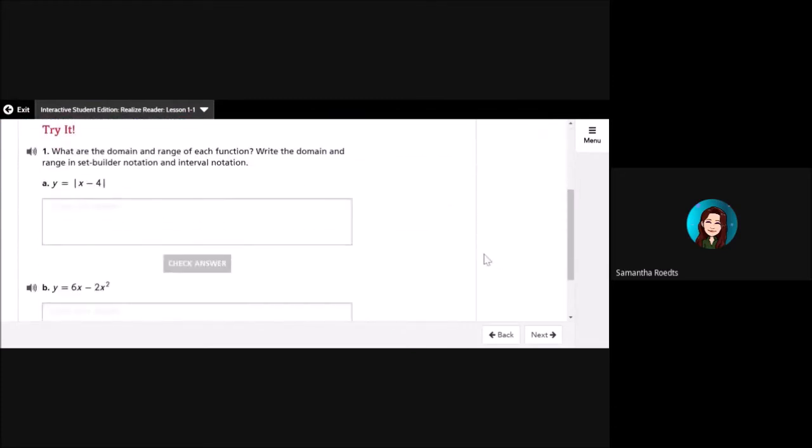All right, so let's try it out. What are the domain and range of each function? Write the domain and range in set builder notation and interval notation. So for letter A,